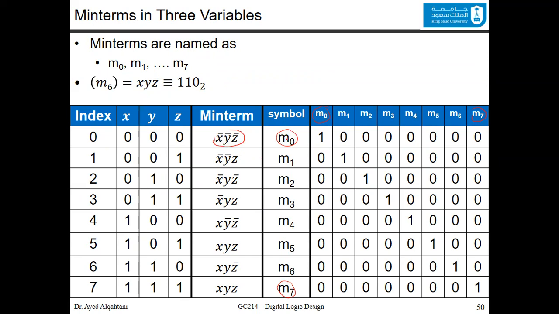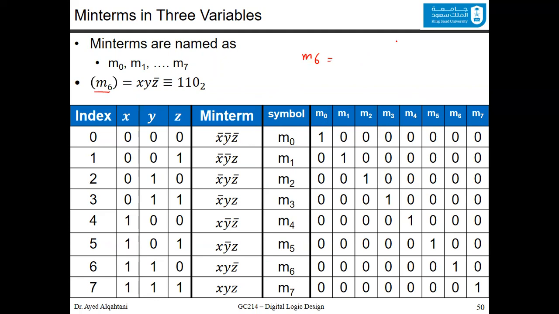This one being m0 means that you are choosing m0 and not m1, nor m2, nor m3 up to m7. They are all zeros. Similarly for the rest of the min terms. Now, the beauty about this: for example, if you want to find the min term corresponding to m6, what you do is say that I know the 6